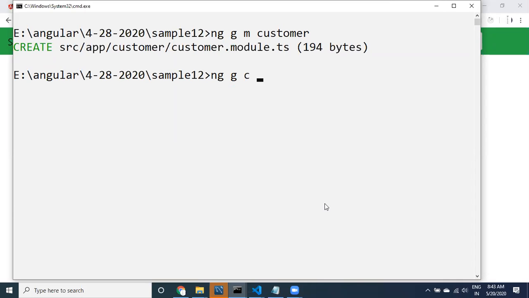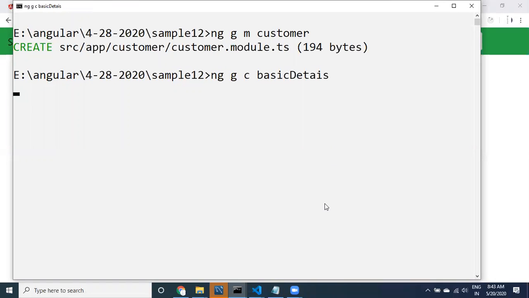Customer contains pages, guys. I would like to take customer basic details. Let us say for customer I have basic details.